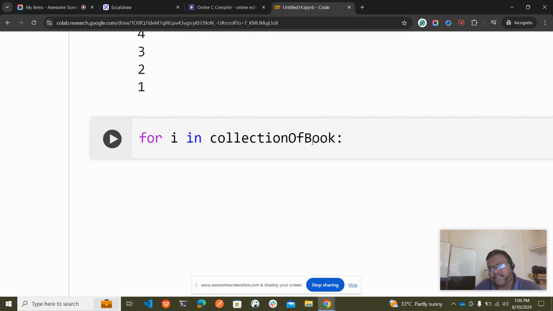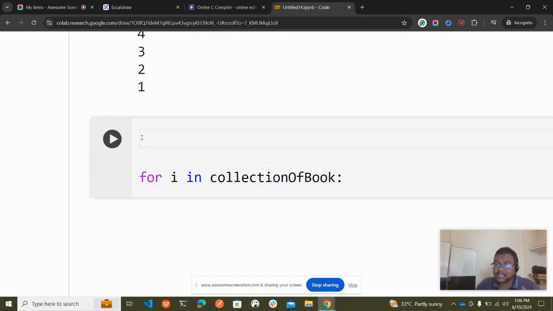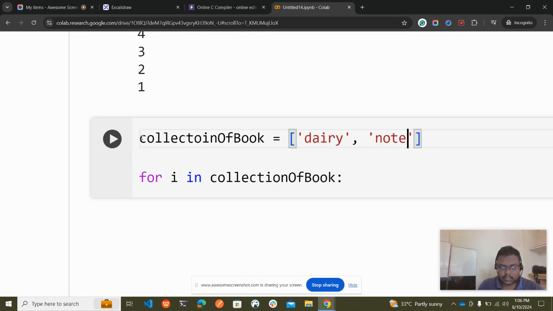So Akil, you have defined the collection of books. Where is this collection of books coming from? Okay, this collection of books is nothing but what I told you, should be a sequence or a list. So for now I'll be taking this collection of books as a list. So I have one notebook and one diary. I have diary, and then I have one notebook, and then I have one,